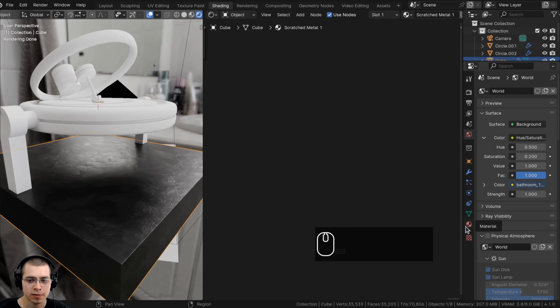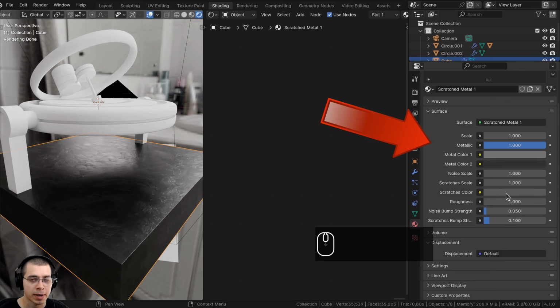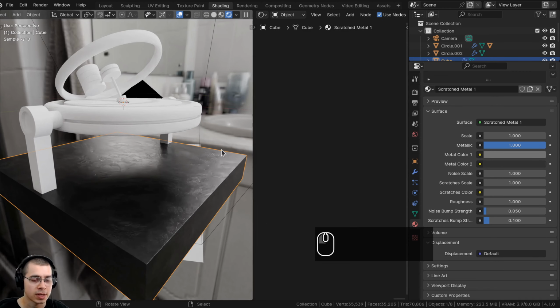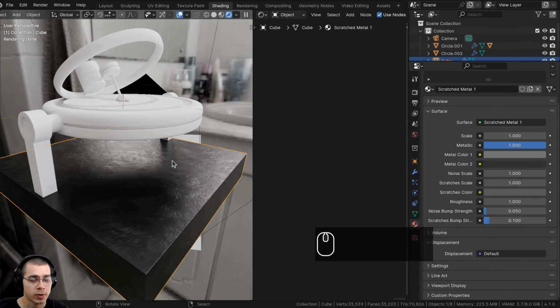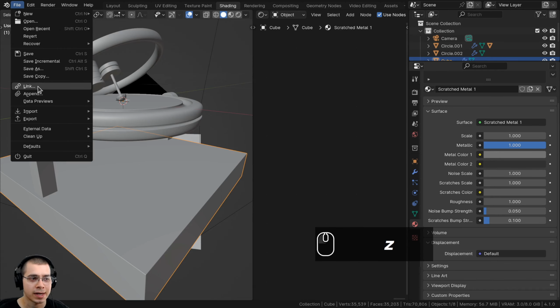And then if I click over here to go to the material properties, all of my procedural materials in my Ultimate Material Pack have been set up as custom node groups, so you can easily control the material look right here. Now, if you don't have my Ultimate Material Pack and you just want to import a material into this Blender file, then whether you've purchased it or followed the tutorial, you can use Blender's append feature. So to add in the material, you can click here on File, and then you can click here on Append.